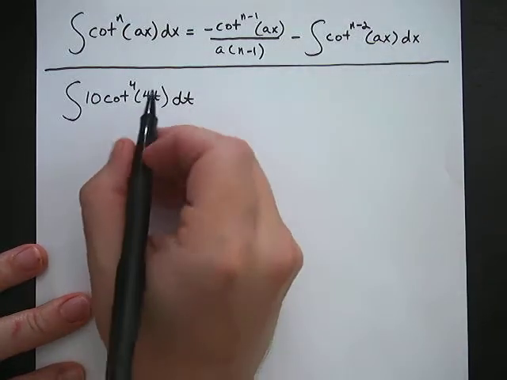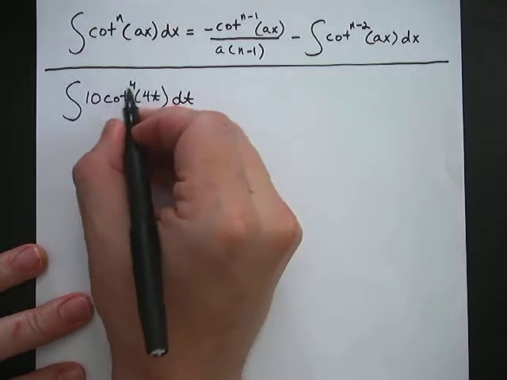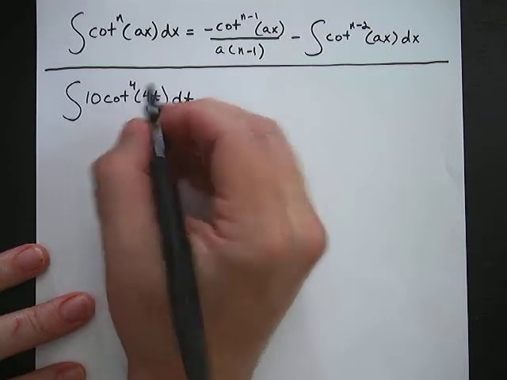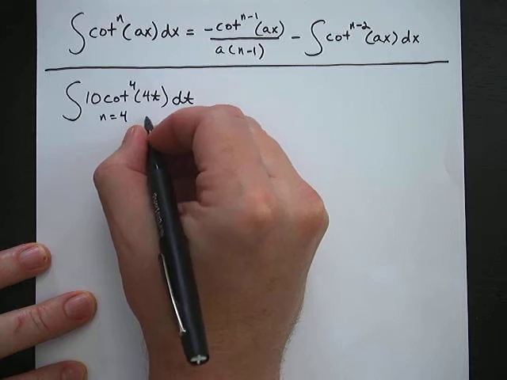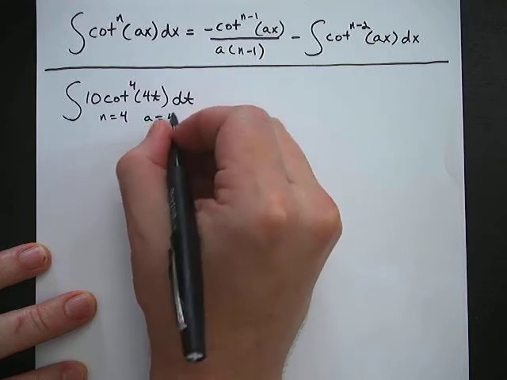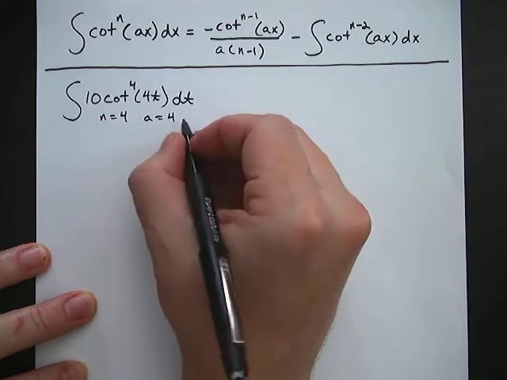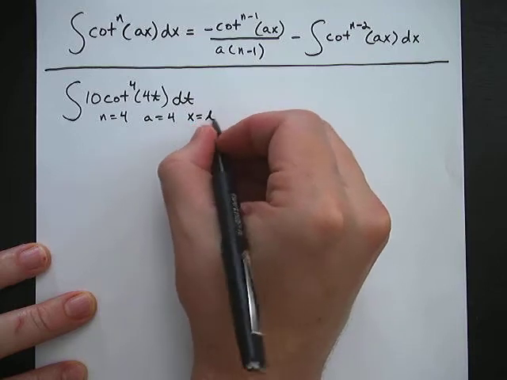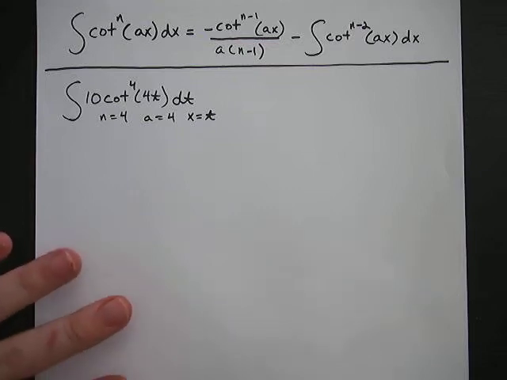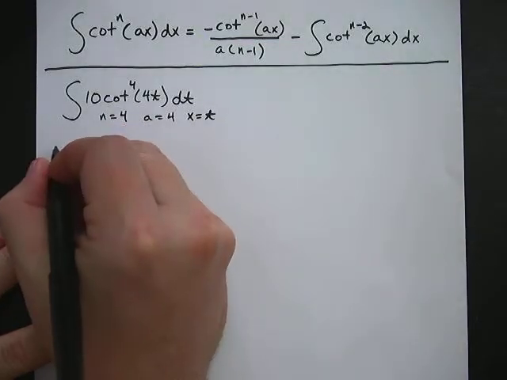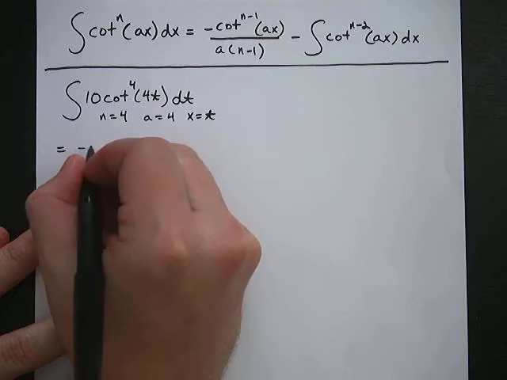And in our case, here's the n. So n is equal to 4. And then a is equal to 4 as well. It's this number here. And then x is equal to t. Okay, so when we do that, we can write down this is equal to negative cotangent